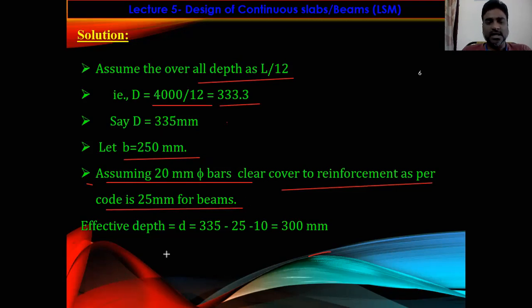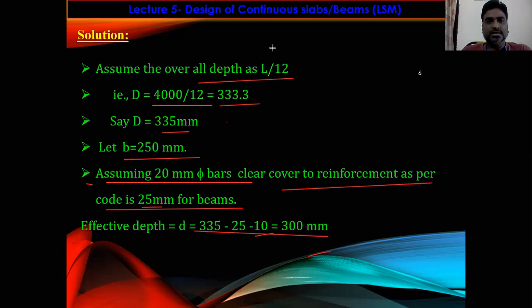So therefore calculate the effective depth of the beam, that is 335, the overall depth, minus 25, the clear cover, minus 20 mm, the diameter of the bar, so 5 by 2. Okay. So we will get the total value as 300 mm. This is the effective depth of the beam,